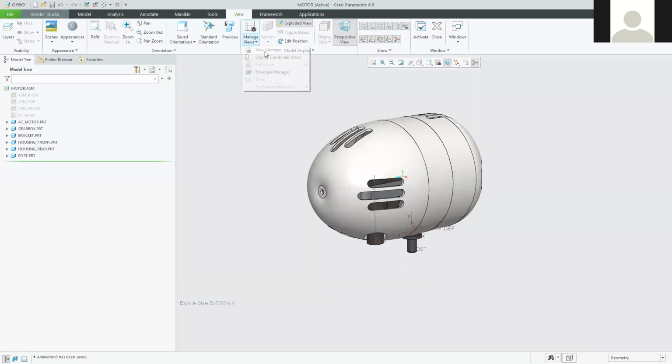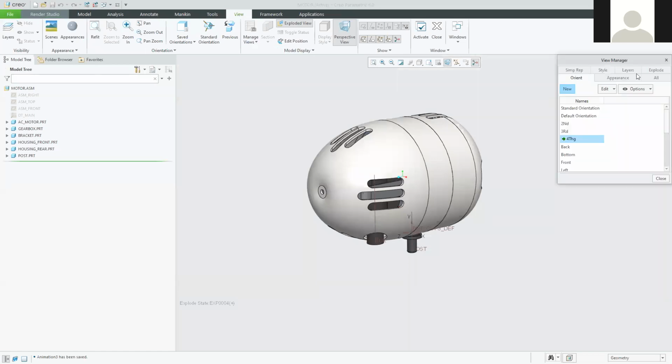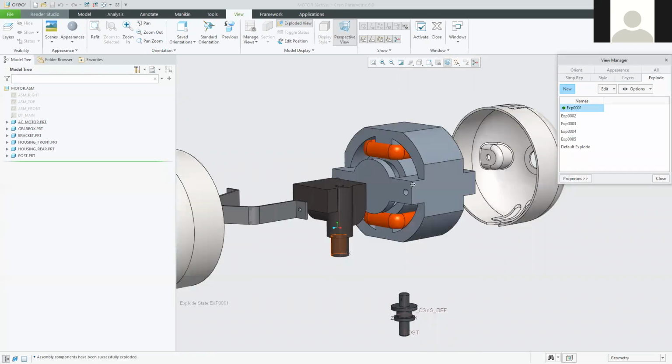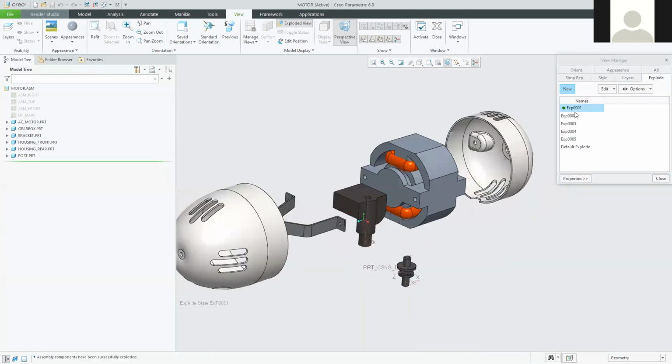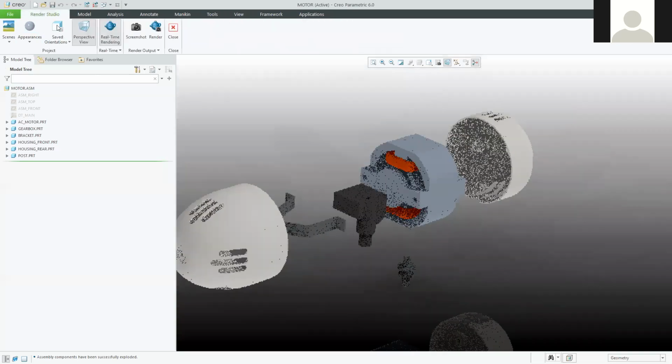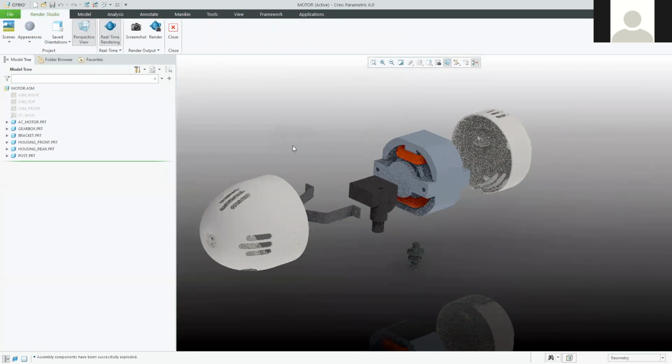I'm going to go into my Manage Views and View Manager, and I'm going to pick one of the explodes in there. So that one will do for these purposes. I just double clicked on it to activate it. Then I'm going to jump back into the Render Studio tab. So back in the Render Studio, you can see it keeps that